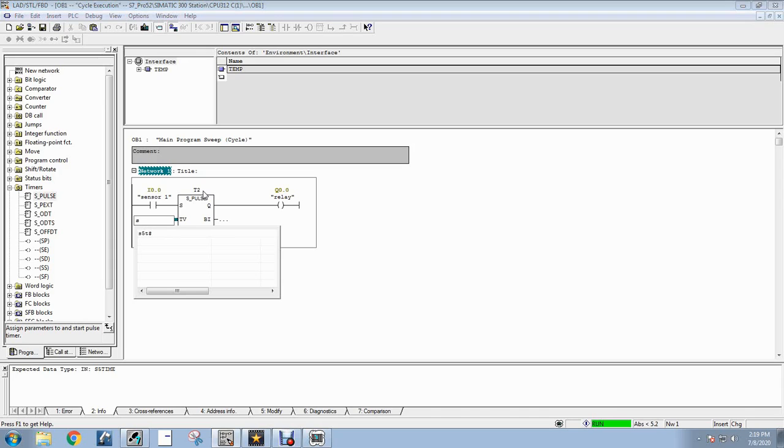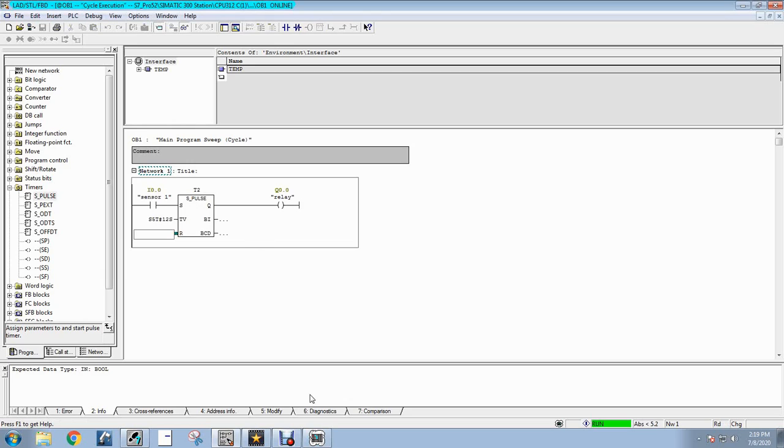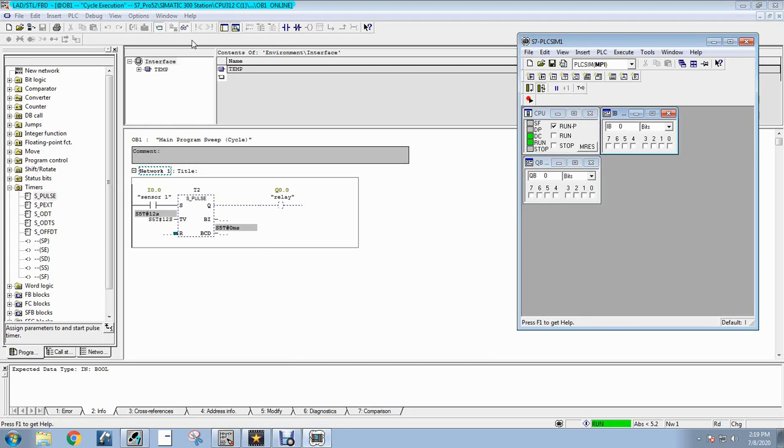Let us suppose it is 12 seconds now. And download the program and check how it responds. I 0.0 and the input is quite long, but it will give the output only for 12 seconds.